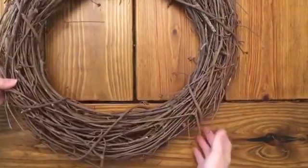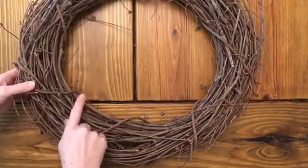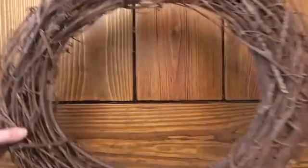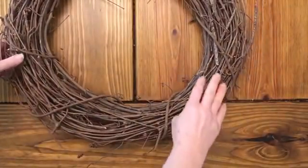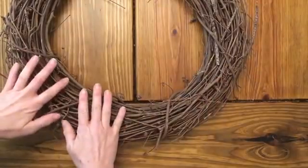Coming at you today, I wanted to make a wreath, so I wanted to use my succulents. I wasn't even going to film this, and then I decided that maybe this would give you some ideas of using some of the supplies that you may even have on hand so that you can make a wreath too. Because if you're like me and most crafters, we tend to get a lot of stuff and